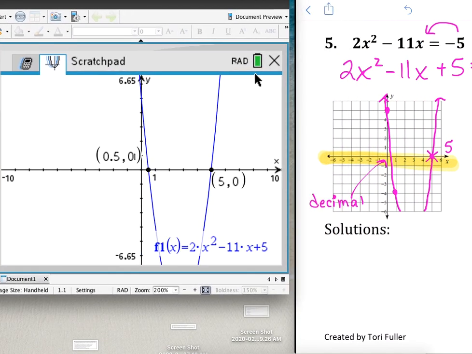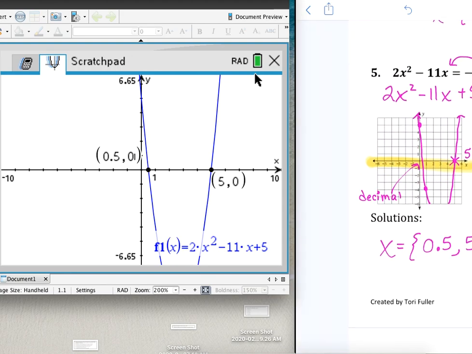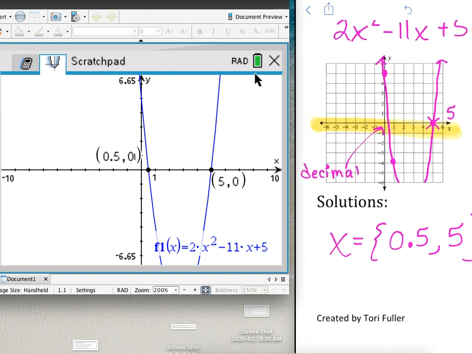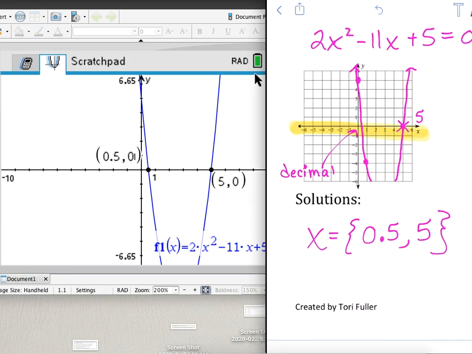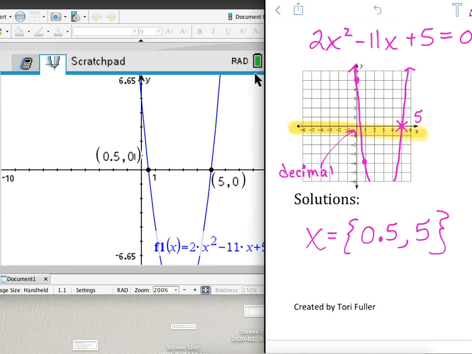Here's what we put on our paper. So we're going to say my x is equal to 0.5, comma 5. If you know 0.5 is 1/2 and you write 1/2, I am totally good with that option. Just make sure that you are putting equal decimals. If you don't know, then leave it as a decimal, okay? All right,